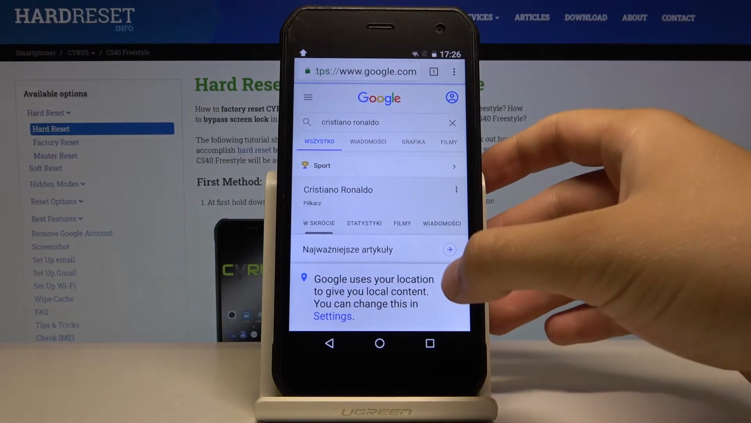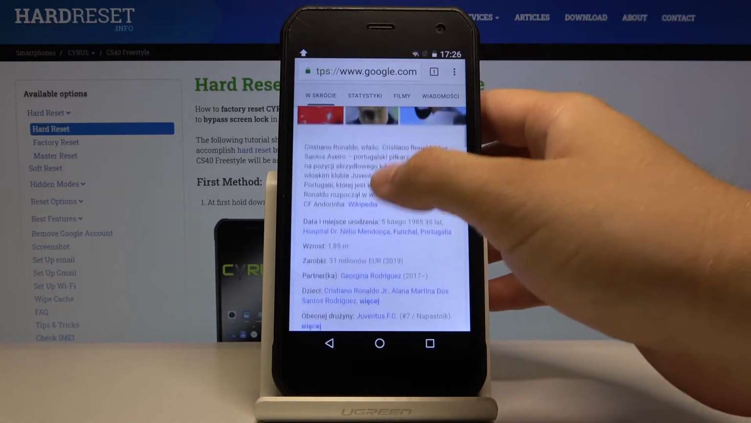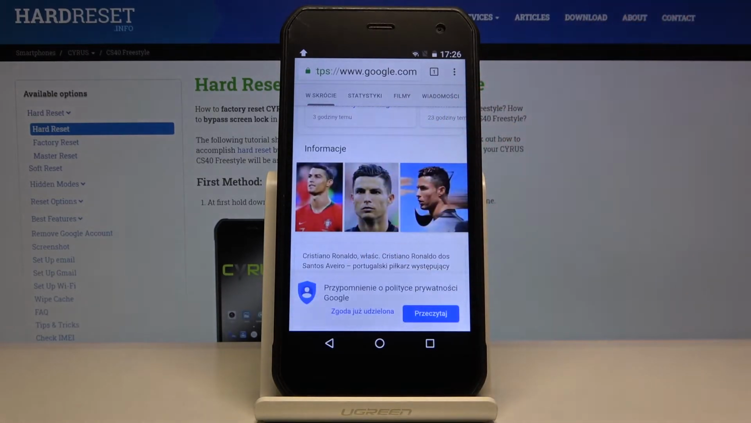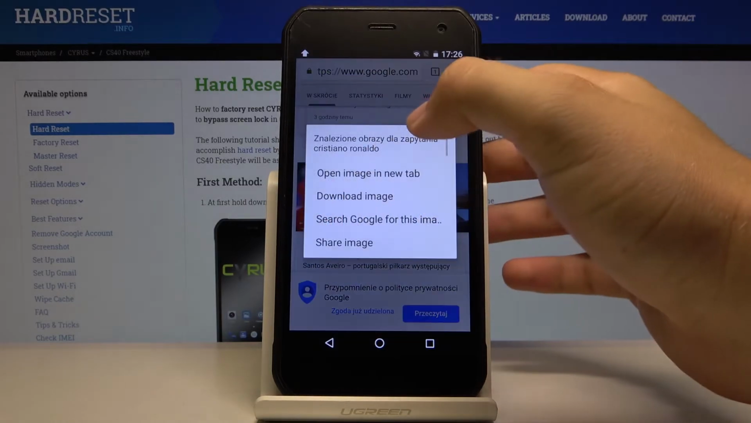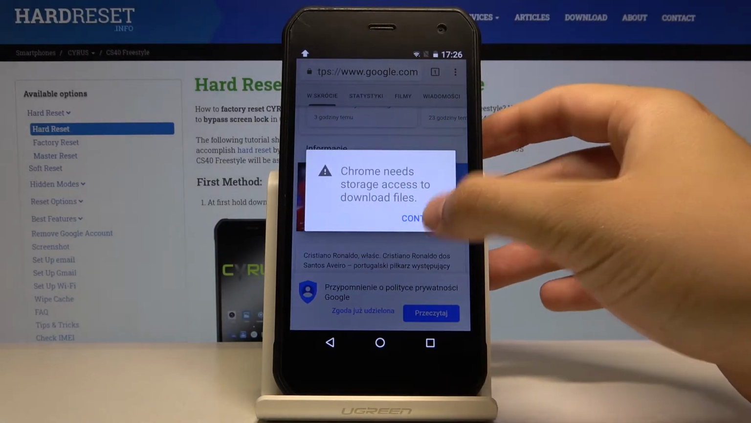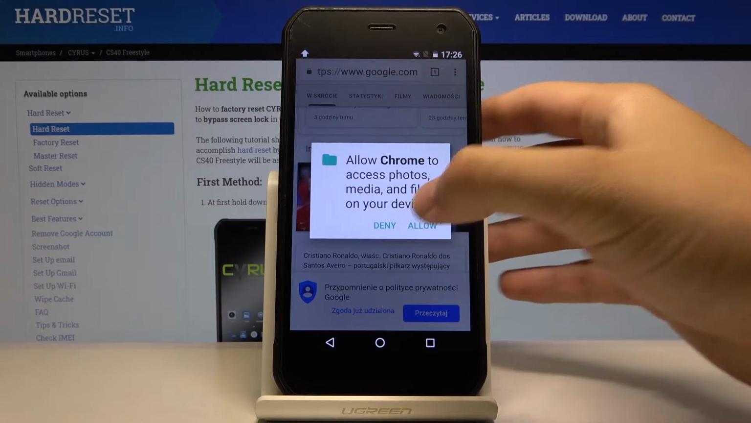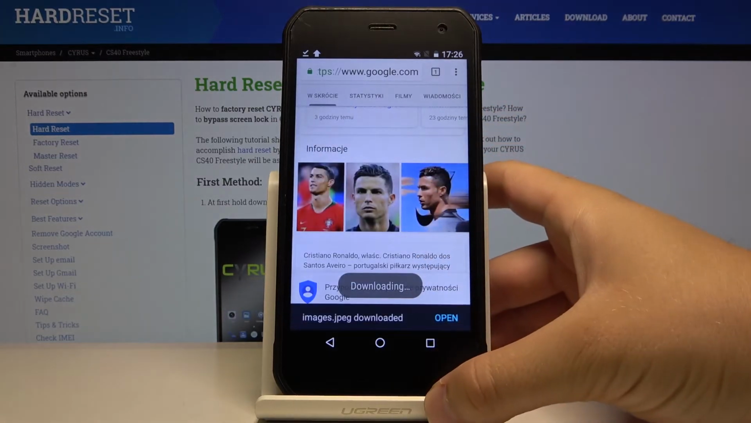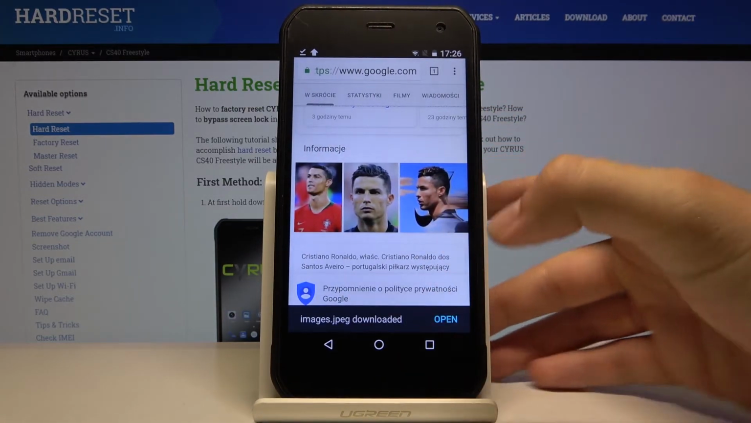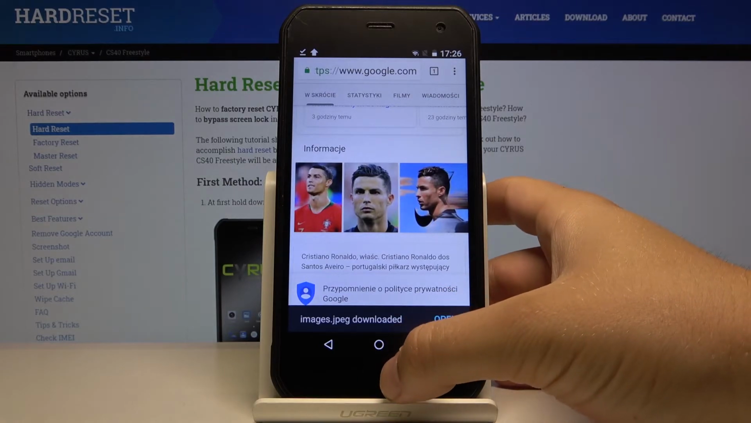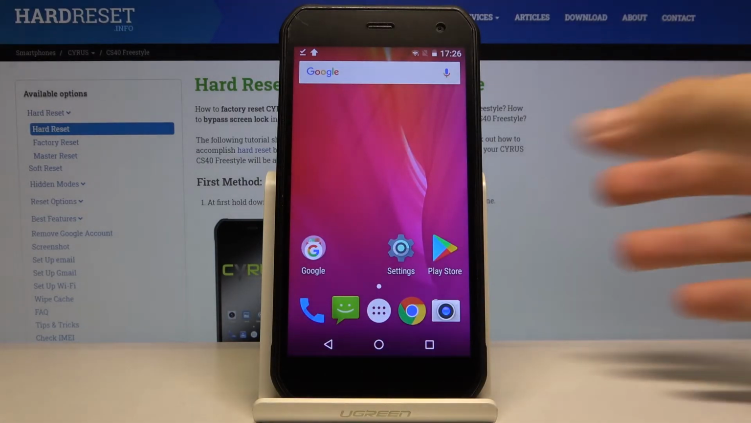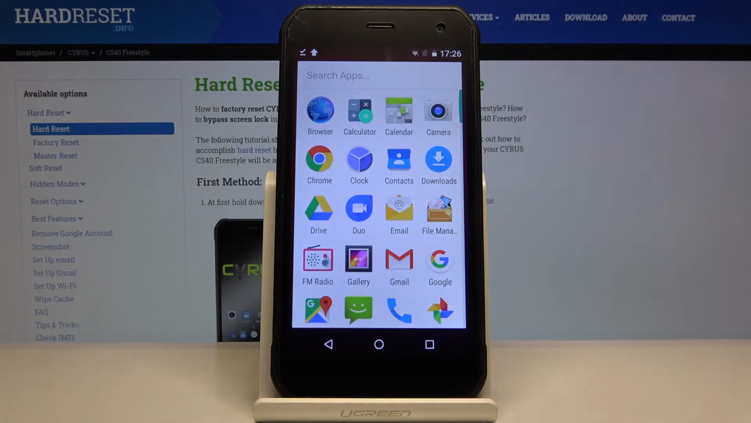We are going to take a picture of Cristiano. As you can see, we have to get access to the storage for Google Chrome to let it download files. And right now, when it's finished, we have to go for the file manager,